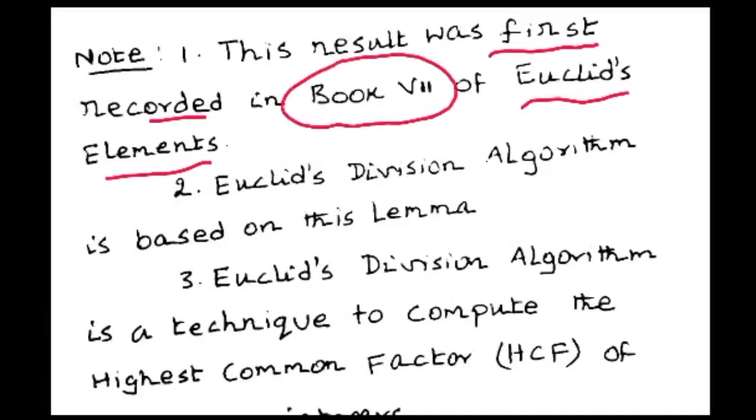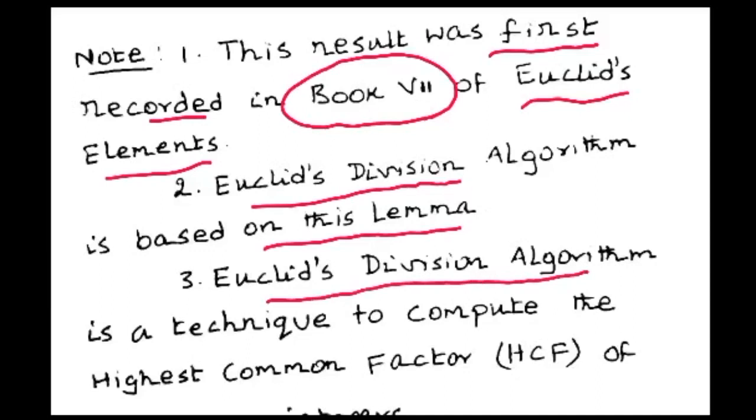We already studied that Euclid has written the Elements, which consist of 13 books. Euclid's division algorithm is based on this Euclid's division lemma. This is the second point. And the third one is Euclid's division algorithm is used to find out the highest common factor